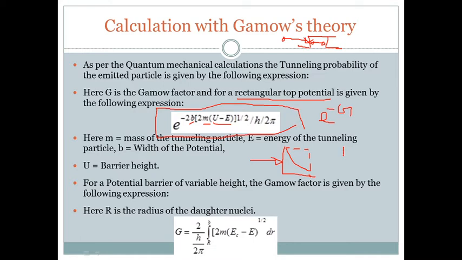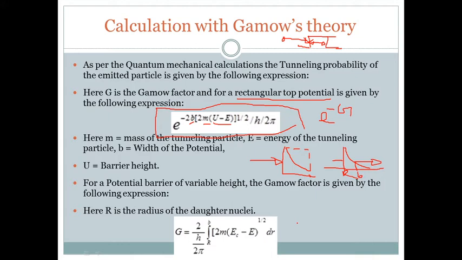If you have a rectangular top like this, this becomes your r, and b is where the particle tunnels through. Just try to see that the particle tunnels through here, at the point where it cuts this variable rectangular top. You project it on the x-axis, so this becomes your b. So the integration limit is between r and b, and the rest of the expression remains the same. The only difference is that there is an integration coming into the picture.